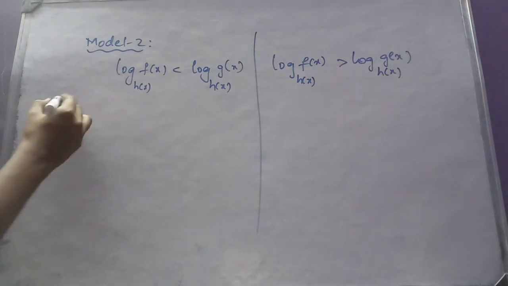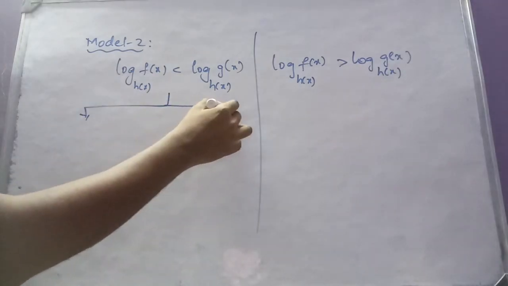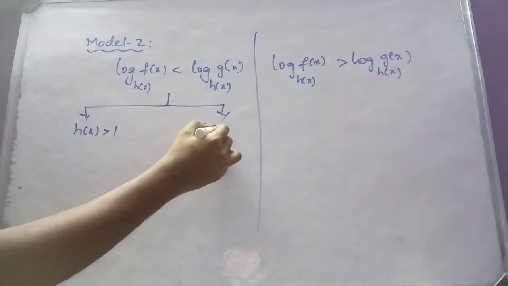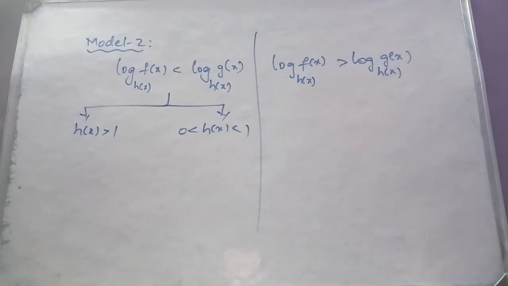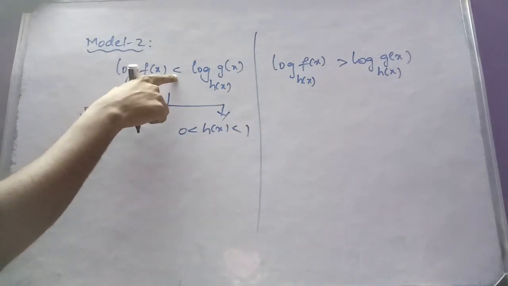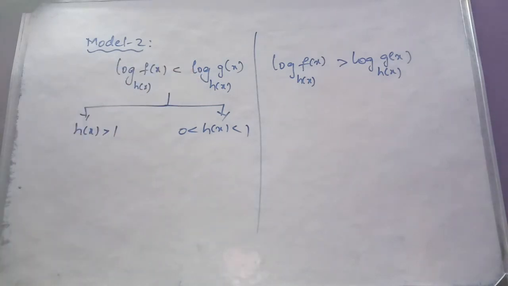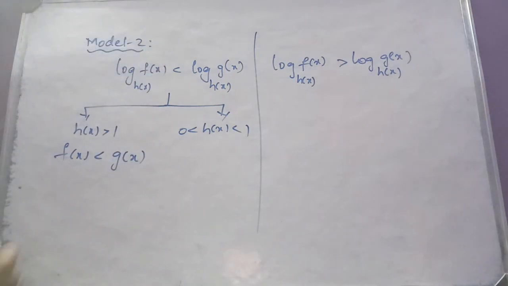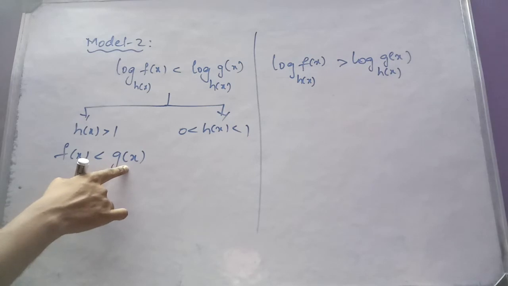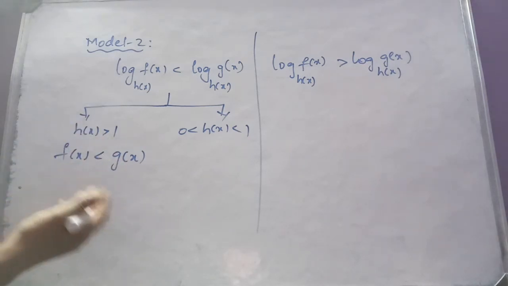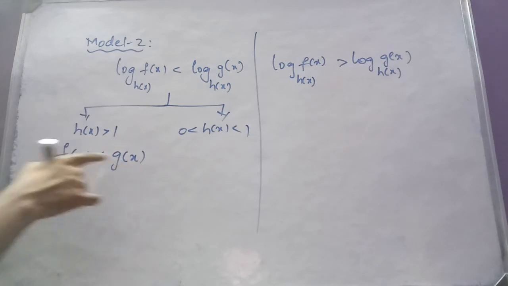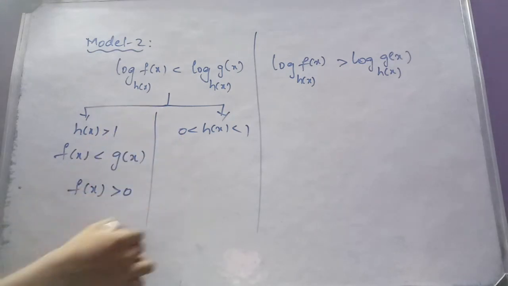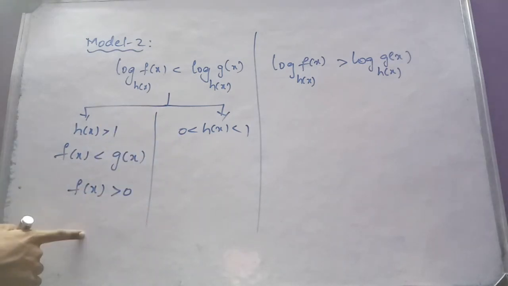the first case, again we have two different cases, right? So in case 1 where h of x is an improper fraction, and case 2 where h of x is a proper fraction. So we know that if h of x is an improper fraction, the inequality is not changed when I ignore logarithms. So that means f of x is less than g of x. And as I told, among f of x and g of x, if you guarantee any one as positive, it is enough. Which one? Since f of x is less than g of x, the smaller one is f of x. That must be positive. So solve these three inequalities, you will get a solution set.